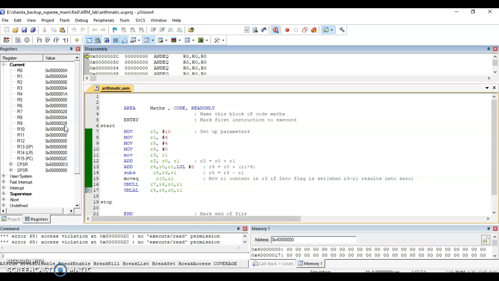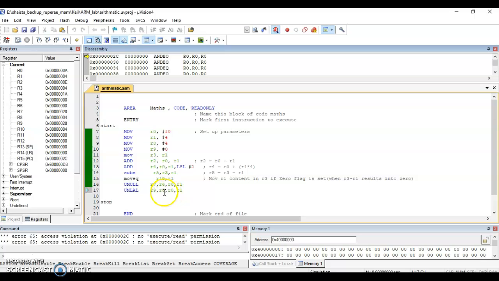Here we have multiplied, and then we have done the addition also. UMLAL is nothing but what? We have multiplied and then we have done the addition also. So in this way, R0 into R1, that is 10 into 4, is 40, and 28 hex will be the answer.